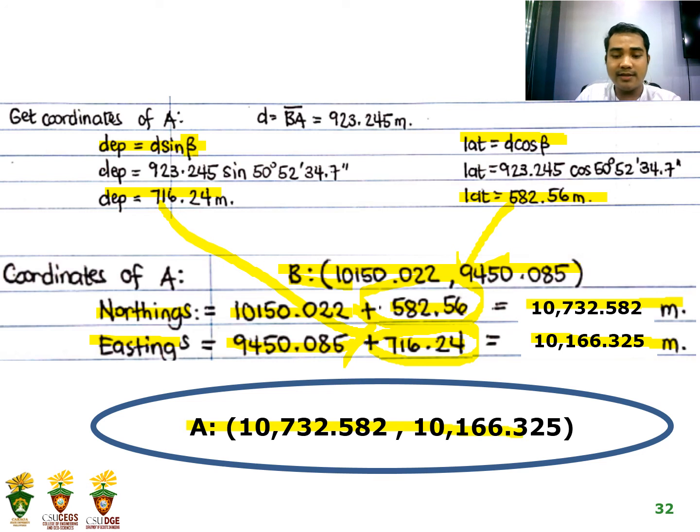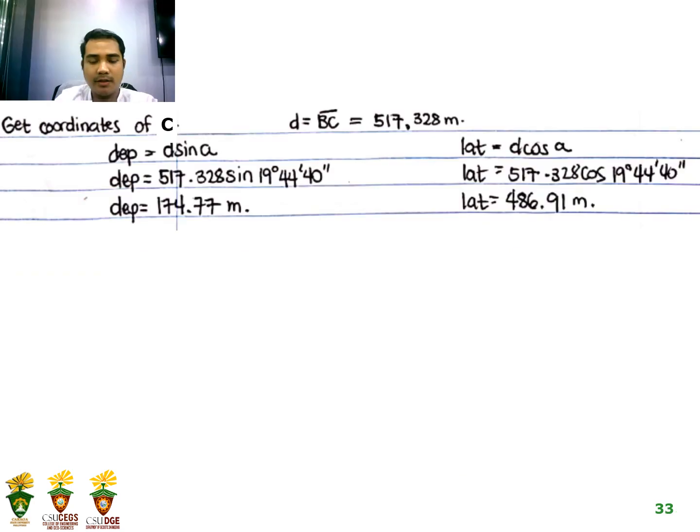10,732.582 and 10,166.325. Alright, so next is we need to get the coordinates of C. And we have here a given, no, of D, which is also equal to the side BC, which is 517.328 meters. So balitaan nga formula to get the latitude and departure or enable for us to get the coordinates